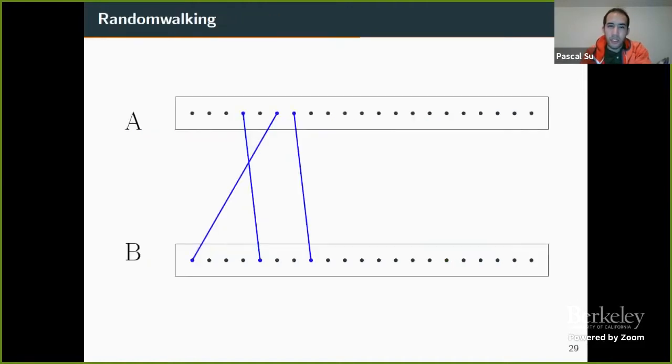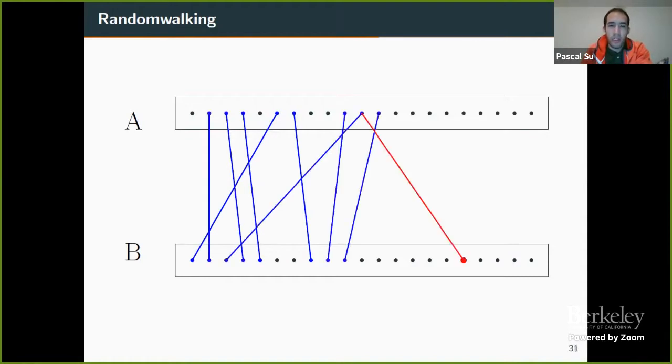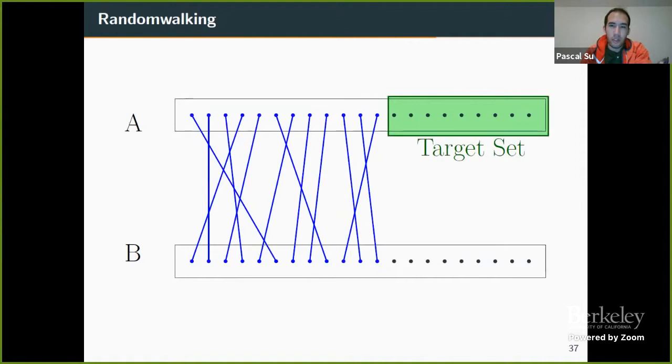And the second part that we wanted to improve was that towards the end of this matching, we kept on having less probability of actually finding an edge. So I'm going to skip ahead a bit. At the beginning, it should be easy to find new edges because we choose random new neighbors, and these should not be used yet. But towards the end, the target set might shrink a lot. So what we do is expose a neighborhood of this target set,